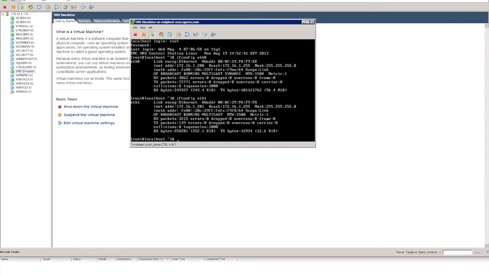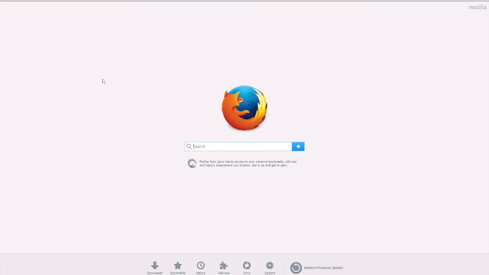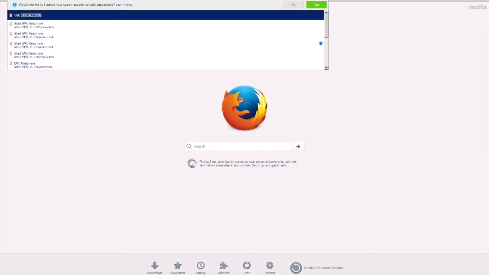Okay, so now we should be ready to go. So the Ethernets are configured. So you should be able to open up your web browser now. So we're going to use Firefox as our browser. And we're going to connect to 201. What you may find sometimes is depending on the data mover or the management network, some may or may